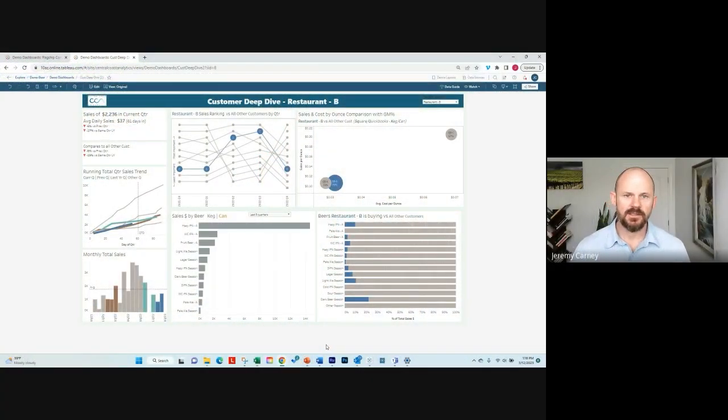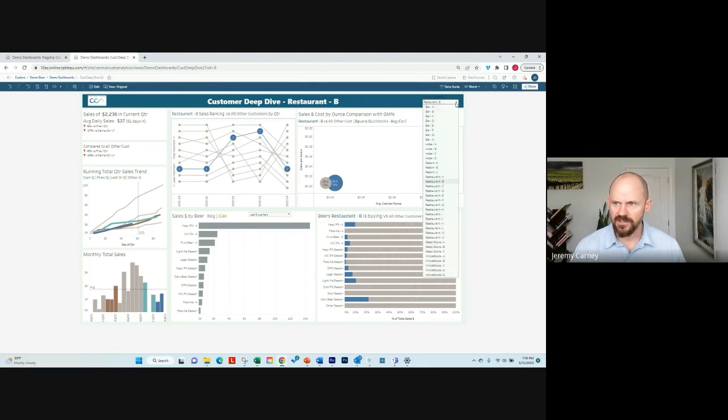in order to change their performance with us in the future. Okay, here we are on our dashboard in Tableau Cloud. This is our customer deep dive, and right now I'm filtered on one of our sample customers. This is one of our restaurants that we sell to. But over here, similar to the beer deep dive, we have a filter so we could choose any different customer